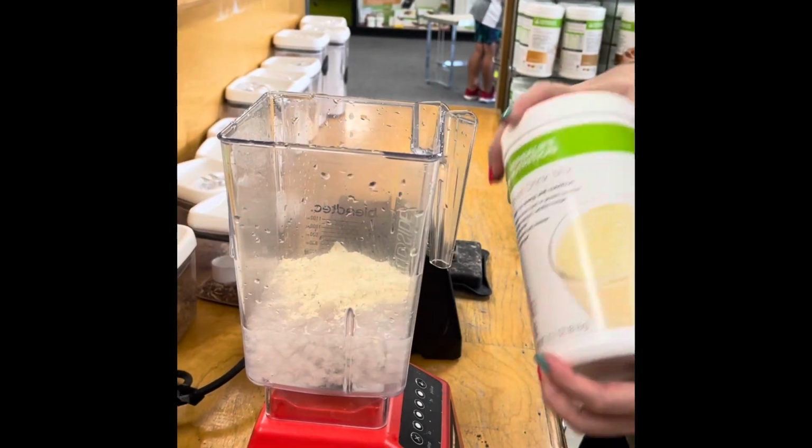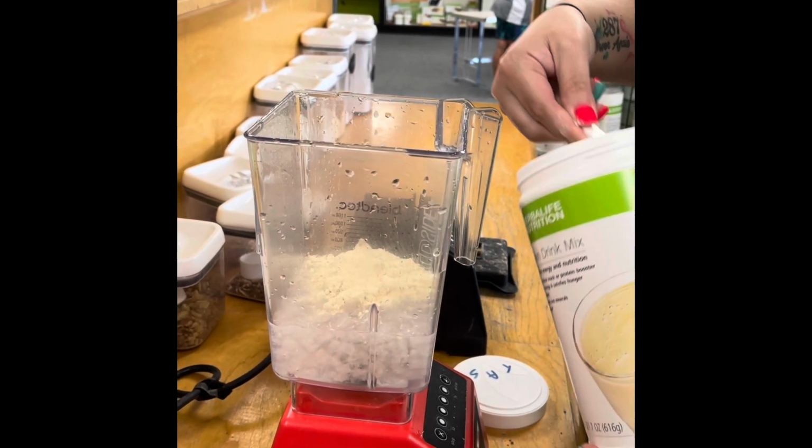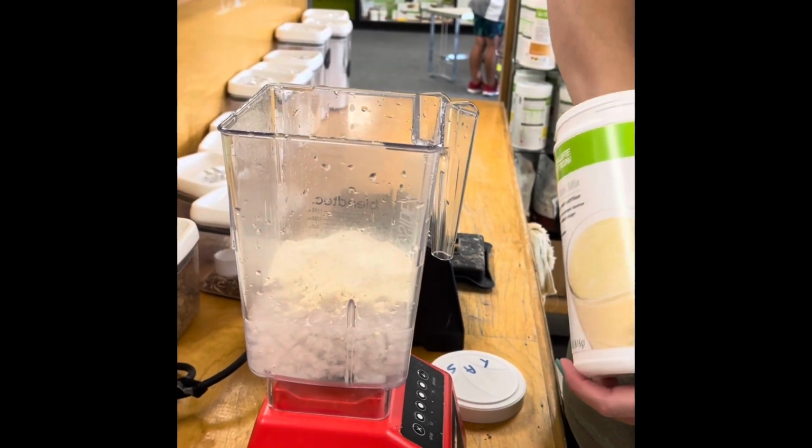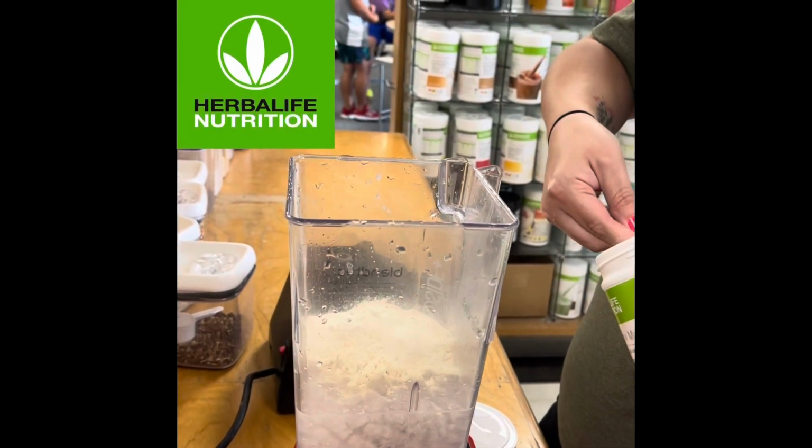You're going to need 2 scoops of our French vanilla healthy meal, 2 scoops of our peanut cookie protein drink mix,